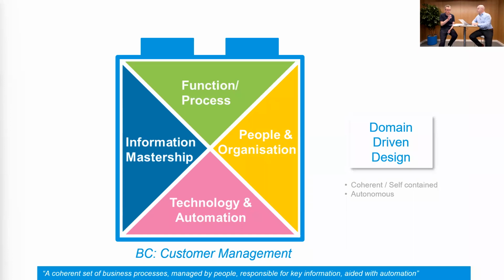So people who have been thinking, I don't see the difference between a capability and a process, because customer management, yeah, we have a process called customer management. Yes. It's these various perspectives, function, people, technology, and information together, and maybe more than one process to serve that one capability. Yes. So to be clear, you here see a depiction of just one of the blocks on the map. Yes. Yeah. And these have to be orchestrated.